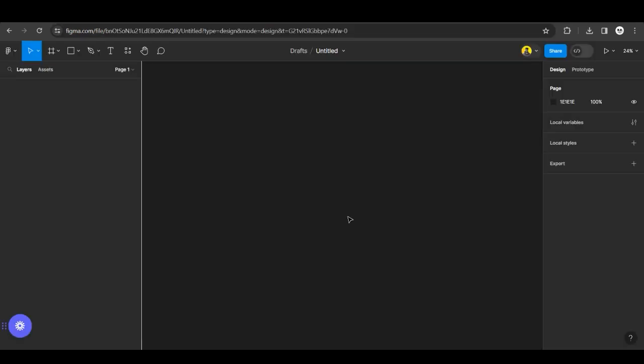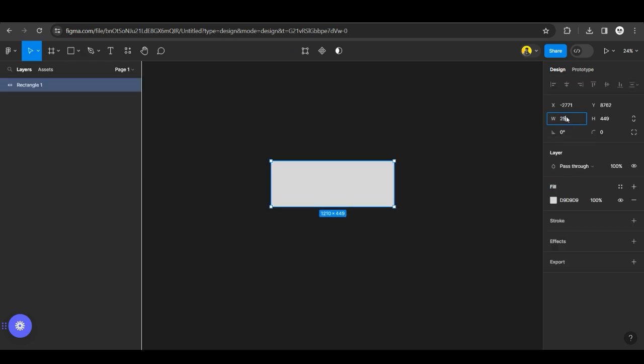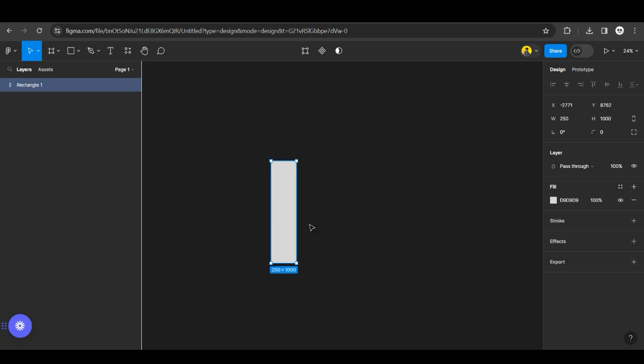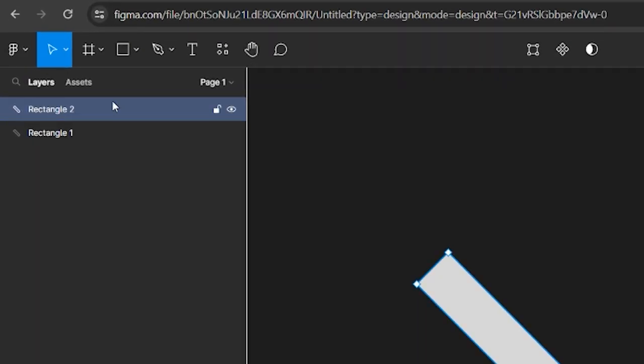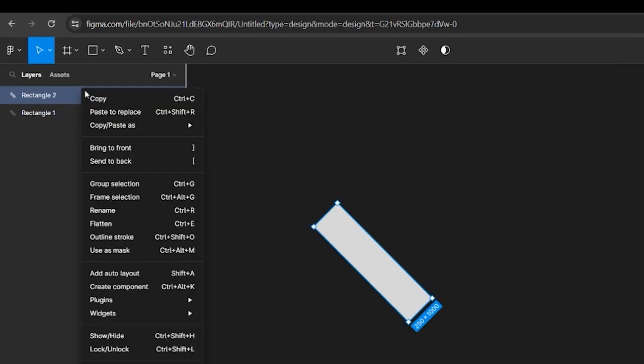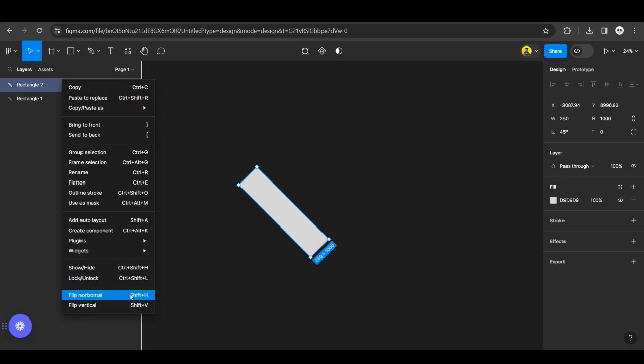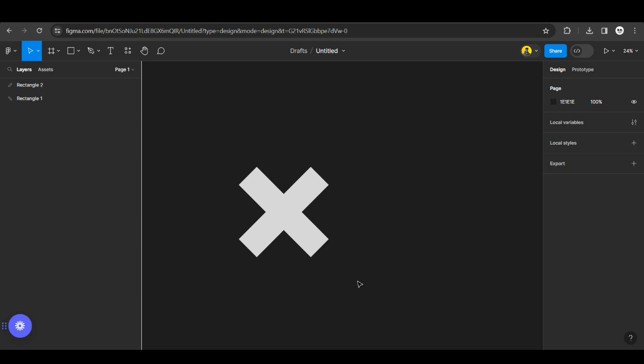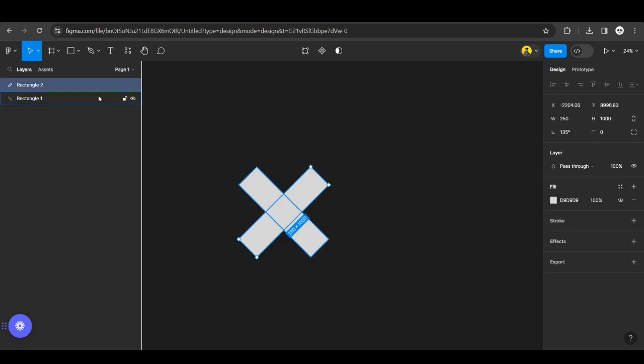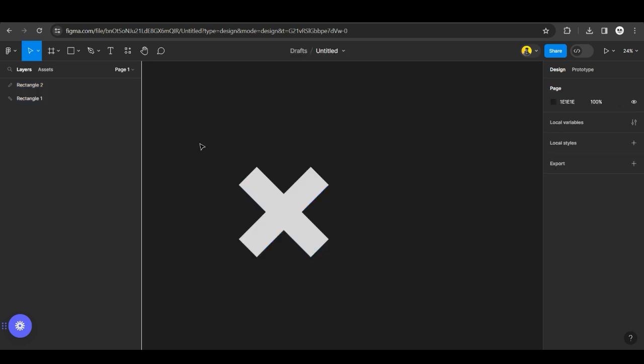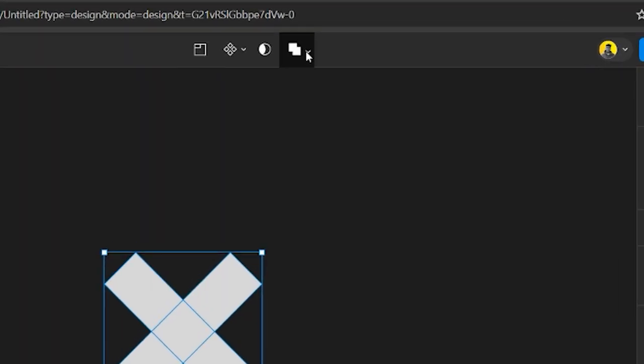Now the first step would be to create the X shape, which can be done by creating a rectangle. Press the R key or click on the rectangle shape tool icon and create a rectangle with this dimension. Next, select the rectangle and press Ctrl+T to duplicate. Now you can see that there are two rectangles from the layer panel. Click on one of the rectangles and press Shift+H to flip the shape horizontally. We have created the X shape, but notice that there are two different rectangles. We can combine them using Union option to create a single layer which creates the X shape.